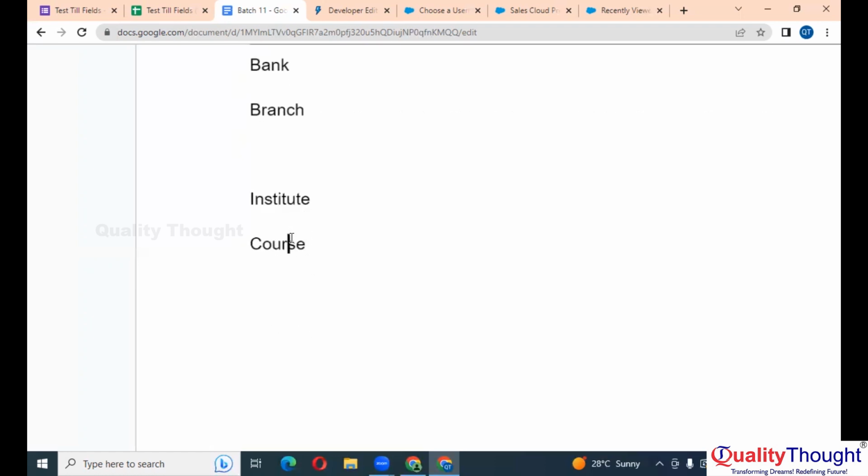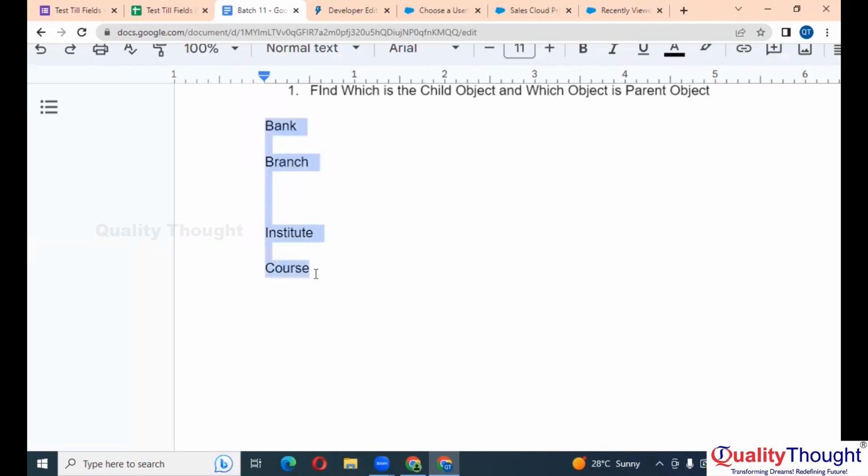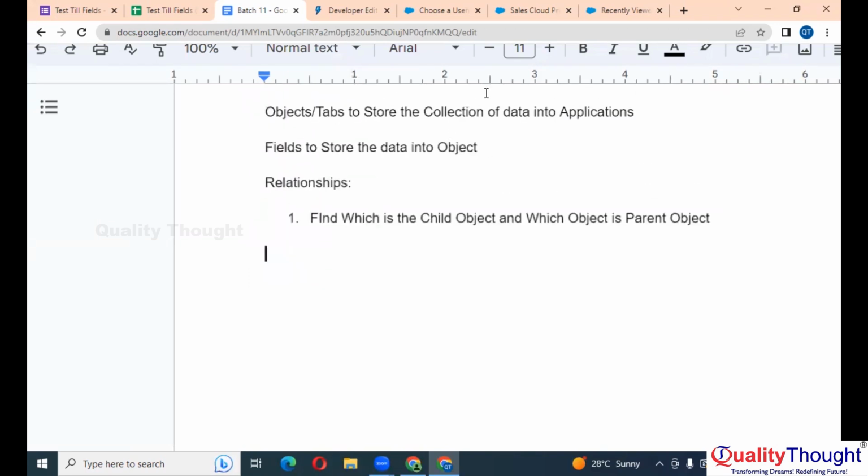Institute and courses. Which can be the parent, which can be the child? Institute is the parent and the Course is the child, right? So one institute can have multiple courses, right? Now in the same way, one transaction, if you see this transaction,